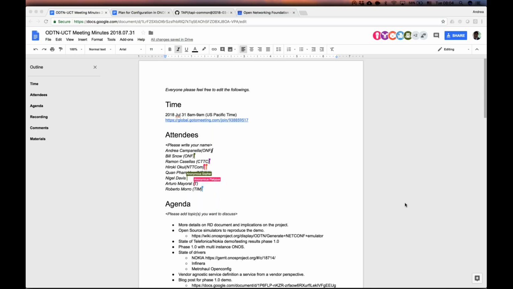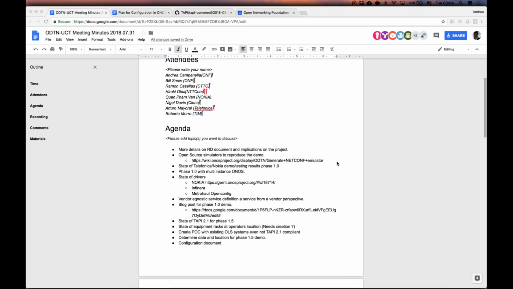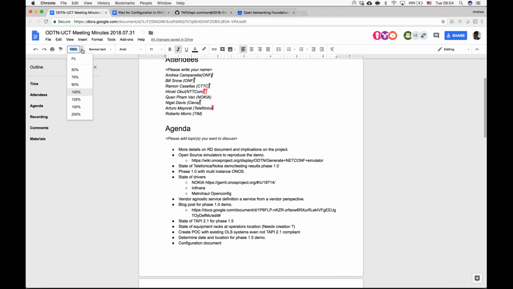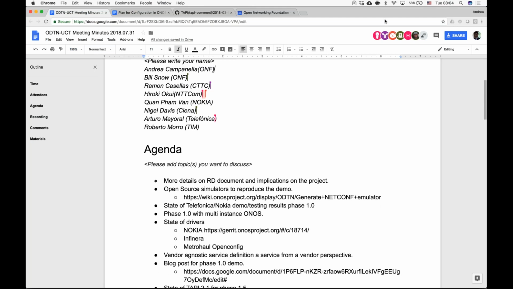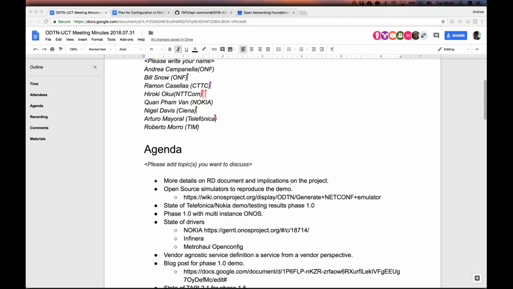So, I'm going to start right away with a little bit more detail on something that we discussed last week, which is the RD design document. Let me actually zoom in a little bit. Yes, perfect. So I just wanted to set the stage a little bit more to make everybody understand what exactly is this RD, reference design document,